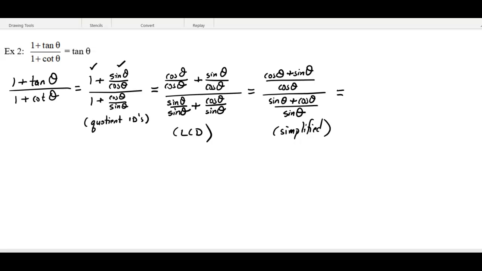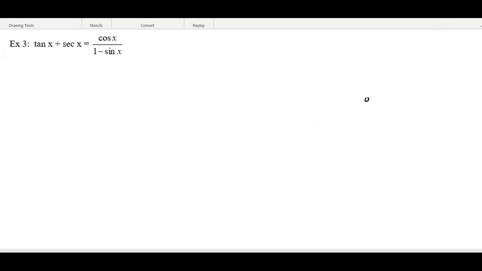Equals. Now, here's where, and we've done this before, when you divide two fractions, keep, change, flip. So instead of dividing by a fraction, you can multiply by its reciprocal. So I'm going to rewrite this as cosine of theta plus sine of theta over cosine of theta